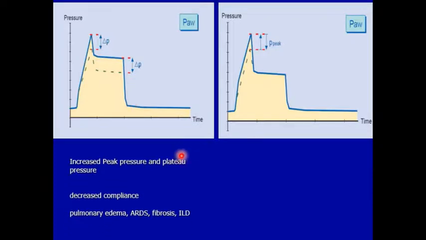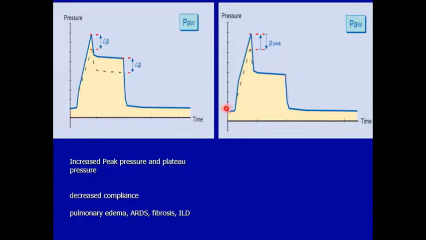So increased peak airway pressure and plateau pressure indicates decreased compliance. You can see this in patients who have pulmonary edema, ARDS, fibrosis, and also interstitial lung disease. In this graph we can see there is an increase in peak airway pressure, and this is the plateau